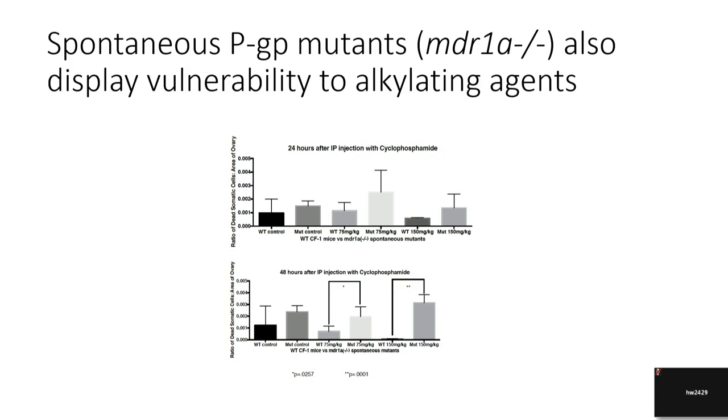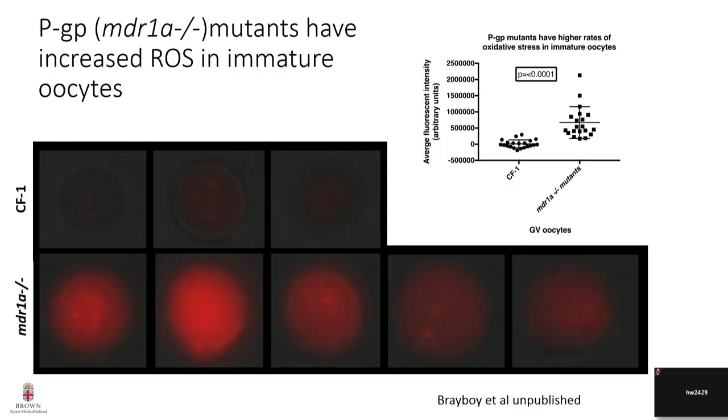So again, we wanted to just test, do they have that same phenotype that we saw in the knockout animals? And when we blocked MDR1 with PSC833, it turns out they do. At 48 hours, we do see increased susceptibility. So again, they're vulnerable and their metabolites are abnormal. We looked at the oocytes themselves to see if they had more ROS, and it turns out that they do. And these, again, are the GV oocytes that are present in the ovary for the duration of the reproductive lifespan